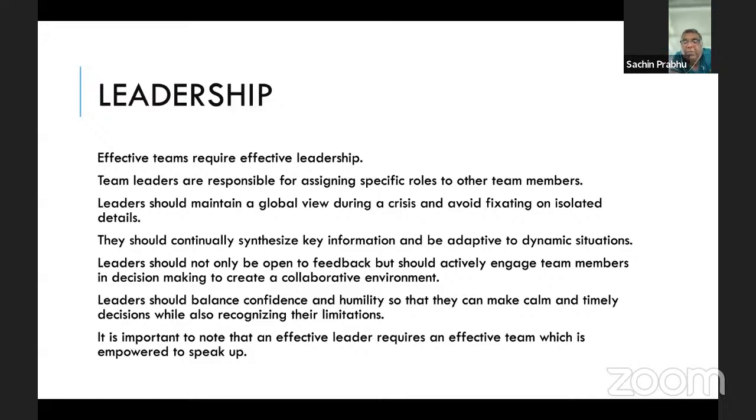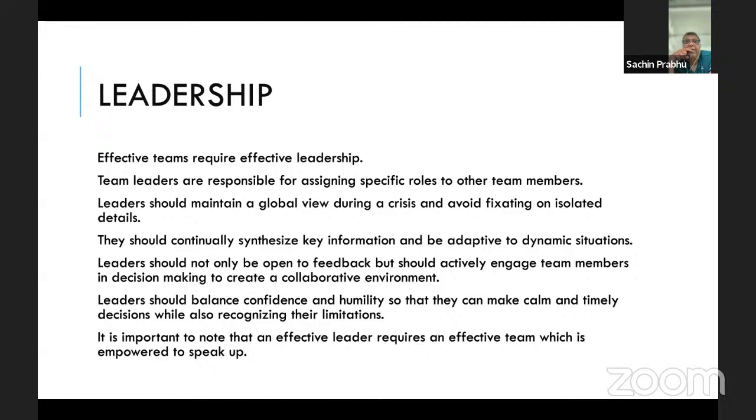So what are the key elements of crisis resource management? The first one is leadership. All of us are doctors. It doesn't have to be a doctor, but when you are in theater, you have to act like a leader, because people look at the anesthetist for comfort. You are a fairly calming influence, and you have to lead accordingly. Doesn't mean that you have to lead all the time. A good leader actually has to be a good team player as well.